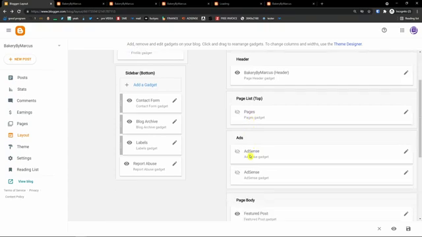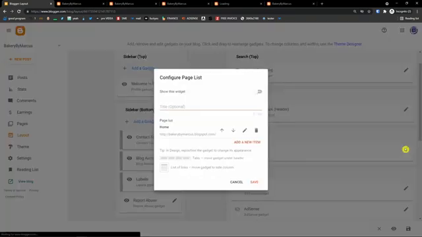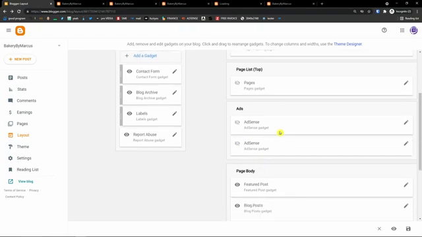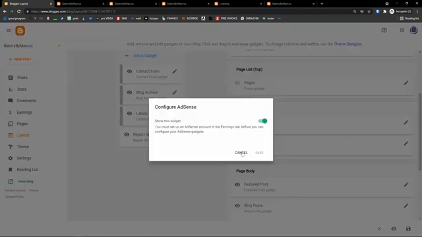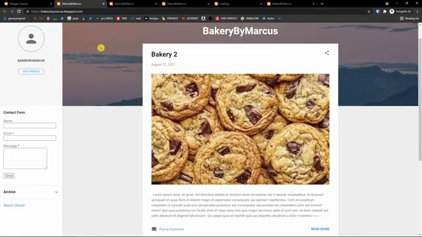Then page list. This is something that we have closed for now, but you can enable the page list too. But we are going to create pages soon enough. And you can configure it if you want to. Then ads. This would be a completely new video. You need to set up your AdSense account. And page body. So featured posts,